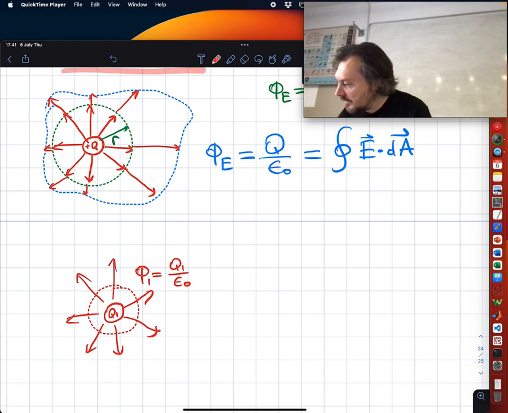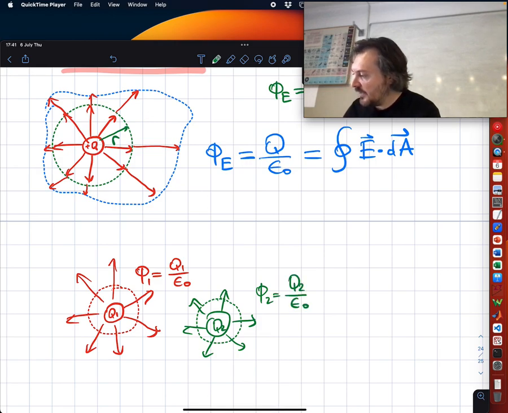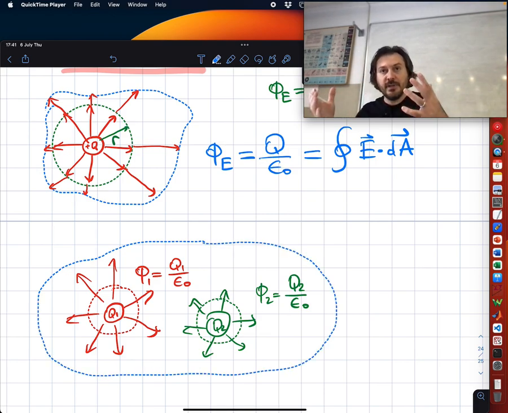Let me say there is also Q2 here. It is also creating some flux, and its flux around some radius is going to be phi 2, which is Q2 over epsilon 0. Now, if I draw a blue surface which encompasses both of them, then the flux is simply going to be